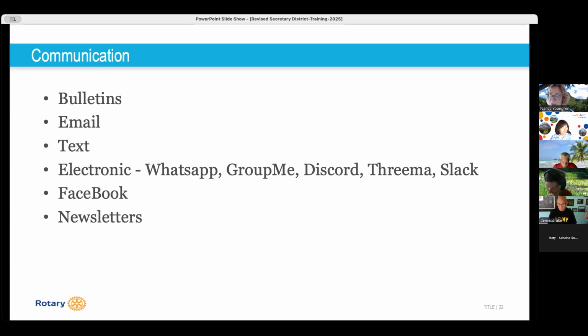I assume with Malama Maui coming up at the end of this month, you've had a lot more communication than might be usual. We definitely have, and we also have our first fundraiser since the fire on May 6th. So things are busy. Make sure that the district is aware of your fundraiser, and put it in the events calendar for the district, right, Naomi, if it's not already? Yes, right.